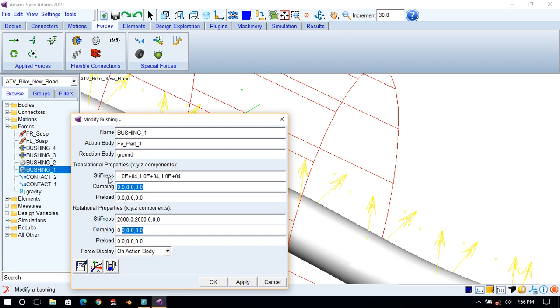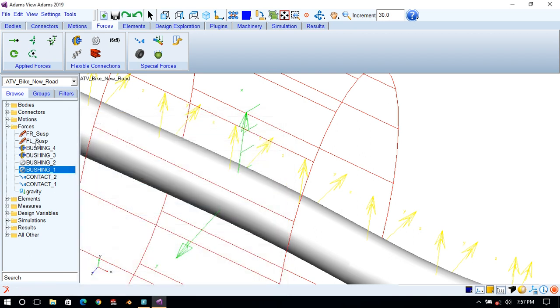We have to keep the translation stiffness as high as possible. So we have kept it as 1E4 because stiffness acts as a resistance to motion. Basically we want only rotation of the roll bar about its axis, that means about only the z of the bushing. So we have kept the rotational stiffness 0 and all other stiffness we have defined some values. Basically you have to calculate these values, but right now we'll assume some values.